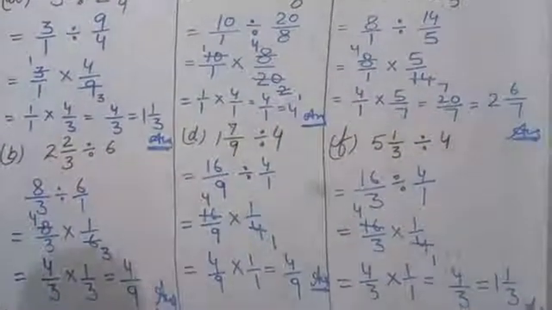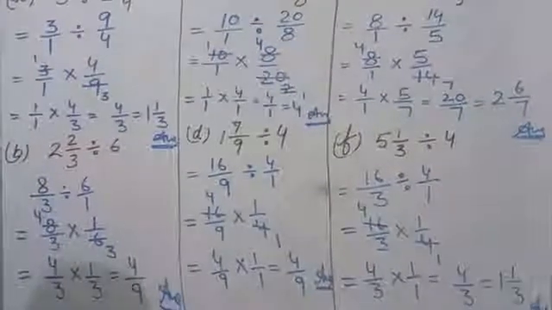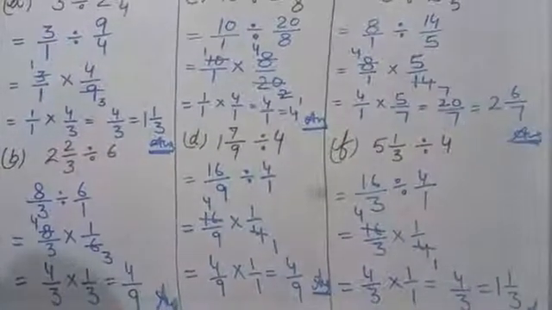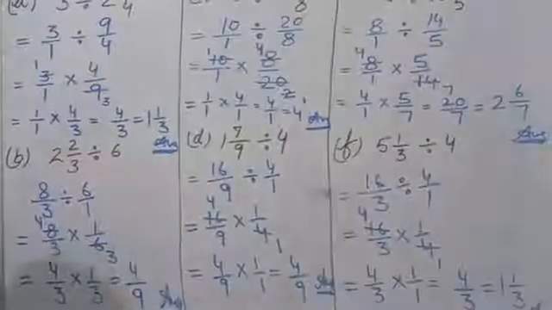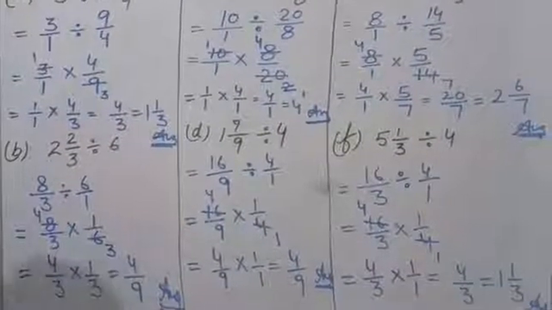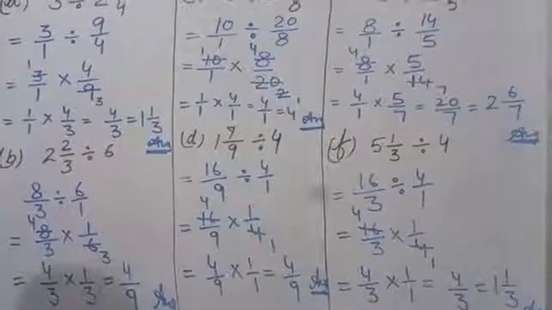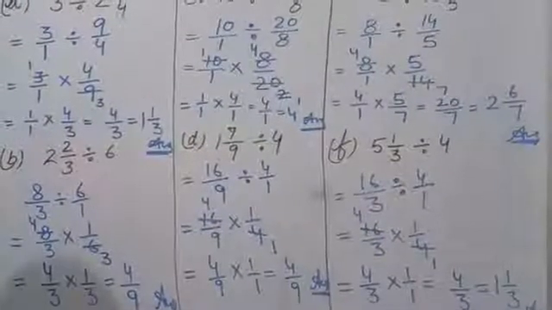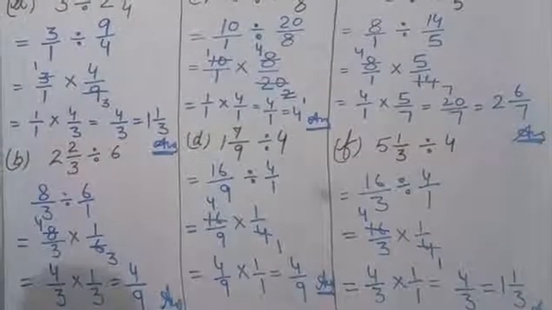Now G and H part you will do yourself. First, second, third. G and H part, all questions you will do yourself. Okay. In the first I have done till F. Second also till F. And third also till F I have done. The 2 parts you will do yourself.